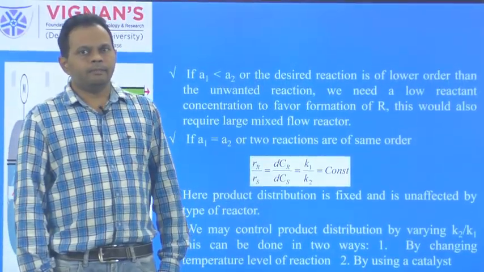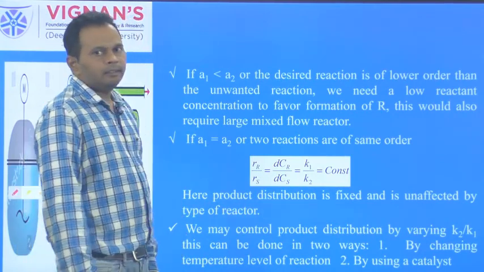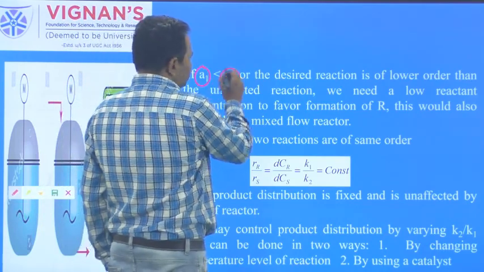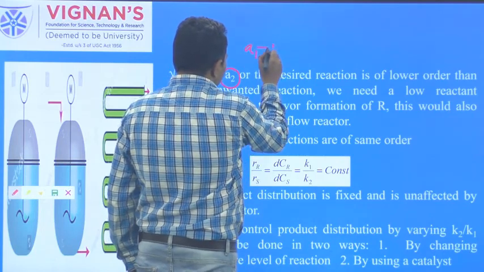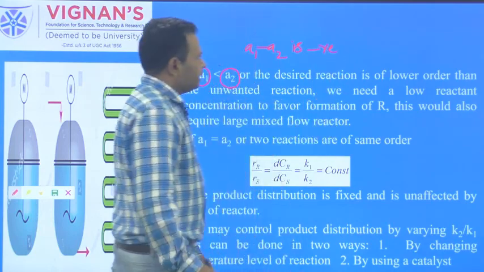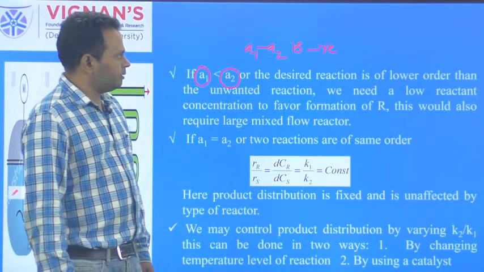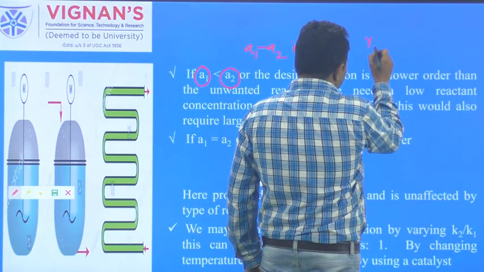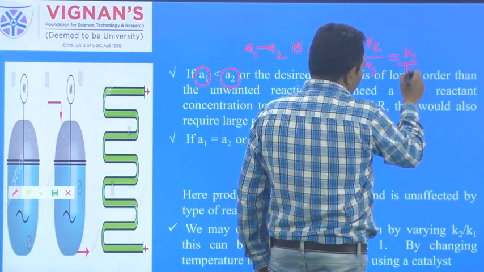Second case, if the desired reaction order is less than the undesired reaction order, if a1 is less than a2, so generally what happens? Then a1 minus a2 is negative. So when the desired reaction order is less than the undesired reaction order, a1 minus a2 becomes negative. Then the product distribution equation becomes RR by RS equals k1 by k2 into